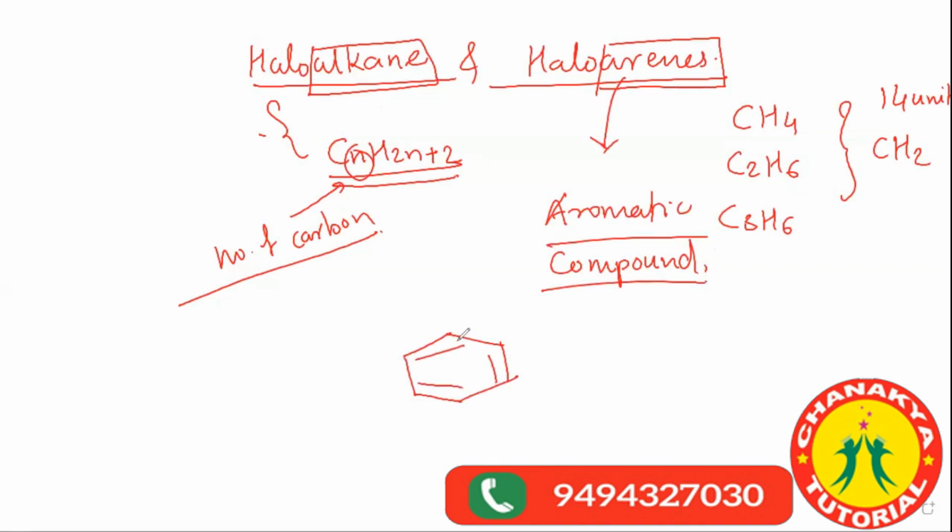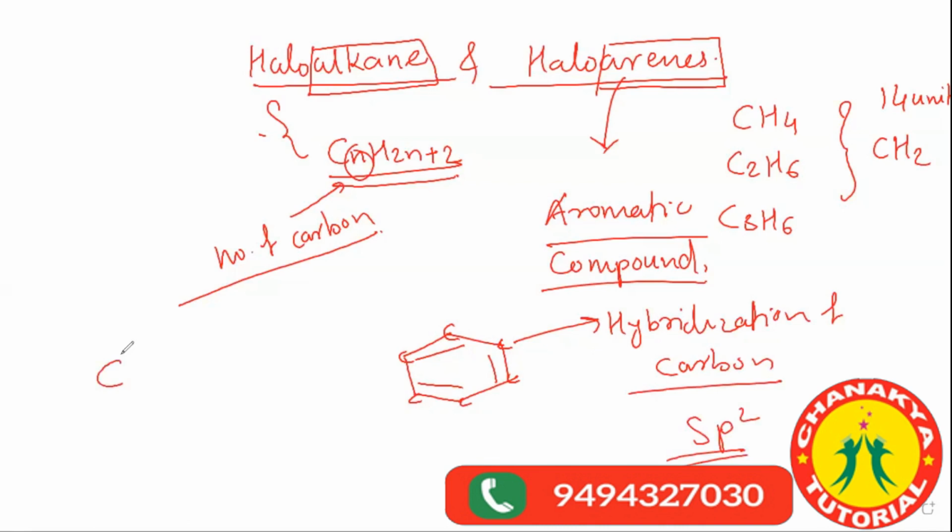What is the hybridization of this carbon? You might have learned in your grade 11. It is sp2 hybridized. When one carbon is bonded with another carbon with a single bond, it has sp3 hybridization. And when one carbon is attached to another carbon with a double bond, that is sp2 hybridized. Now you may think one side is bonded by a double bond, the other side by a single bond, so why call it sp2 hybridized? This question might arise in your mind. Because these alternate double bonds are